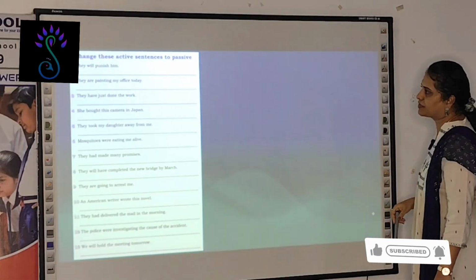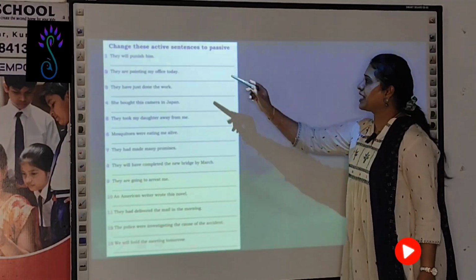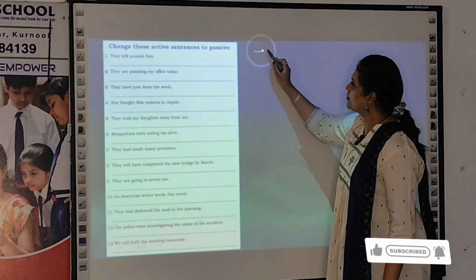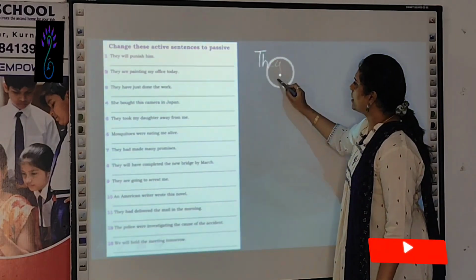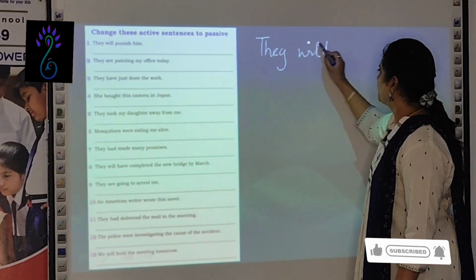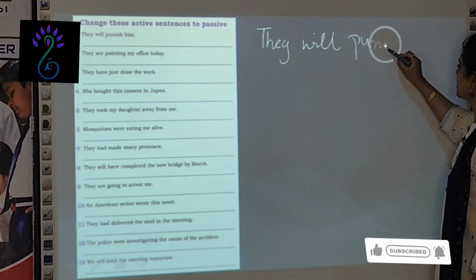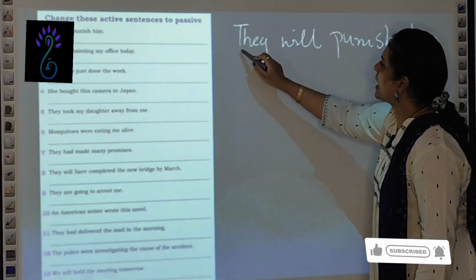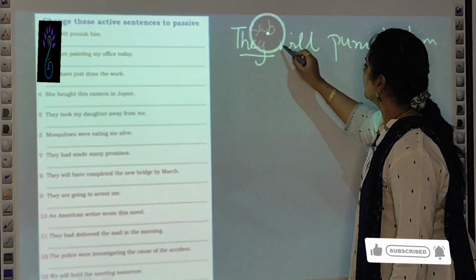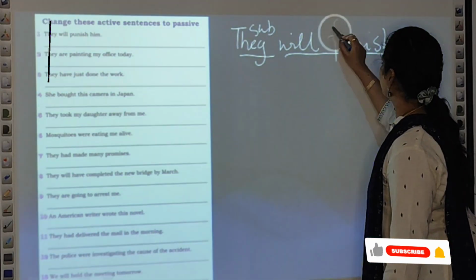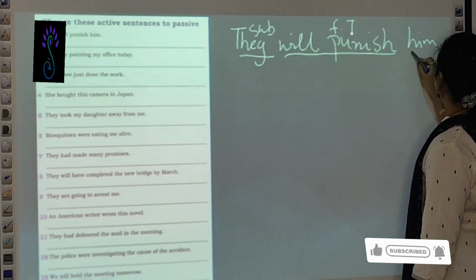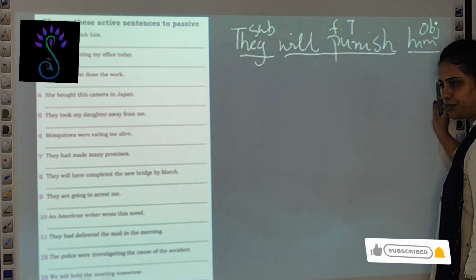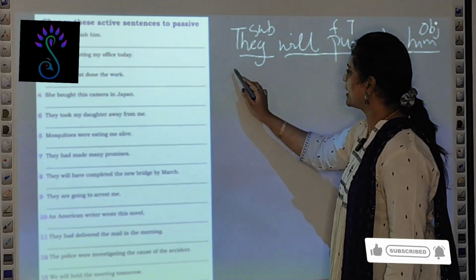We'll see the exercise. Now change these active tenses to passive. What is given first one? They will punish him. So they is subject, will punish is future tense, him is object. So you change this pronoun to subject form. What is it? He,